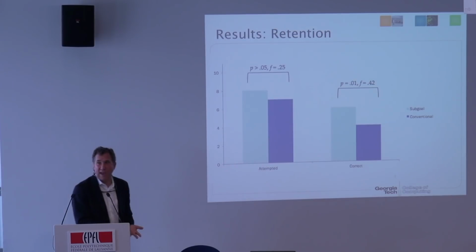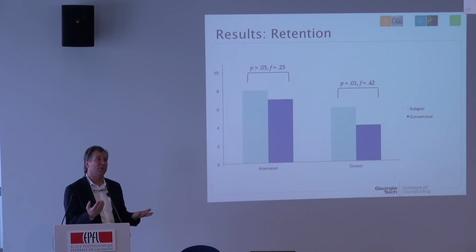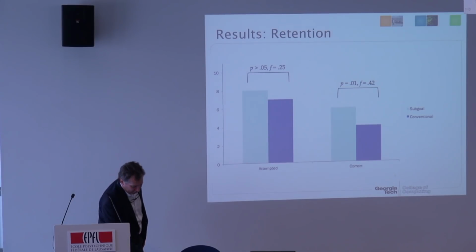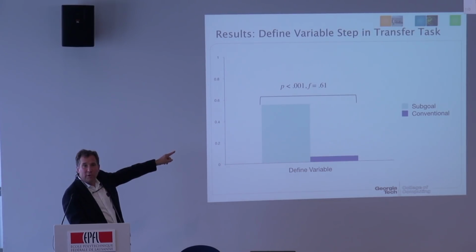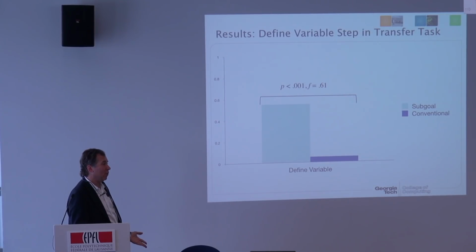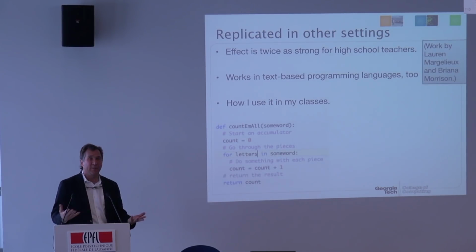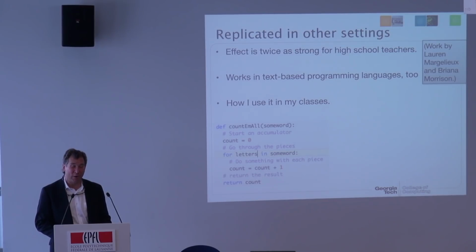And then there was a retention task. Part of the retention task was to drag out an object and then associate a variable with that object. They could, and they couldn't. The results are really dramatic: we had both learning and transfer, and we had learning and retention and transfer. We have replicated these studies quite a few times now.